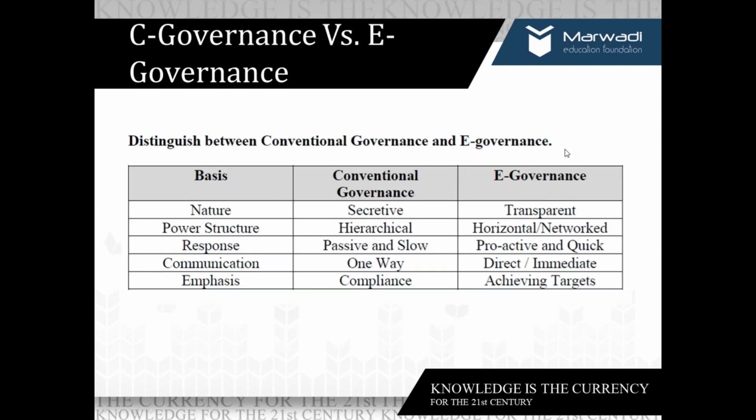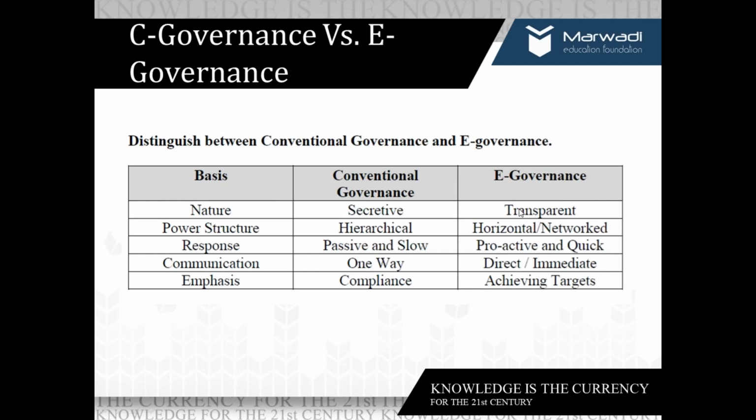Right. So there is some difference between conventional governance and e-governance, right? What is conventional governance? Traditional governance, we can say. So here I put some parameters. In nature, conventional governance is declarative, while e-governance, based on government rules and regulations, is transparent.